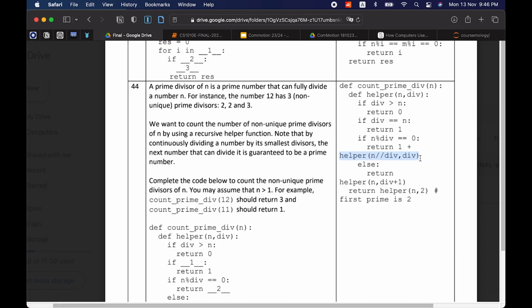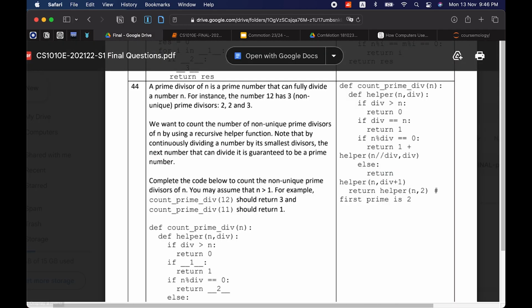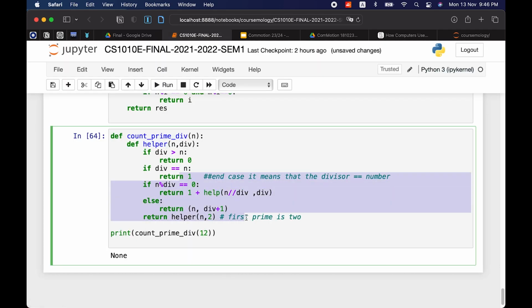This part is the key. So where I went wrong is, it's not called help. It's called the helper. Why is it not working?